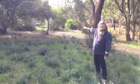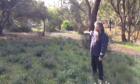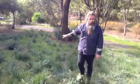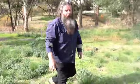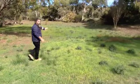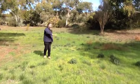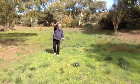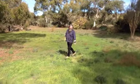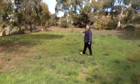Where the car was where we were filming before. This is the driveway coming in, where the swale will follow in and keep coming in here onto the contour. And we have found this is our low area here, which we will make the dam or pond to save us from fire threats from the north, and it'll be good storage of water we can use, and we can stock it with fish. This is the proposed building site,